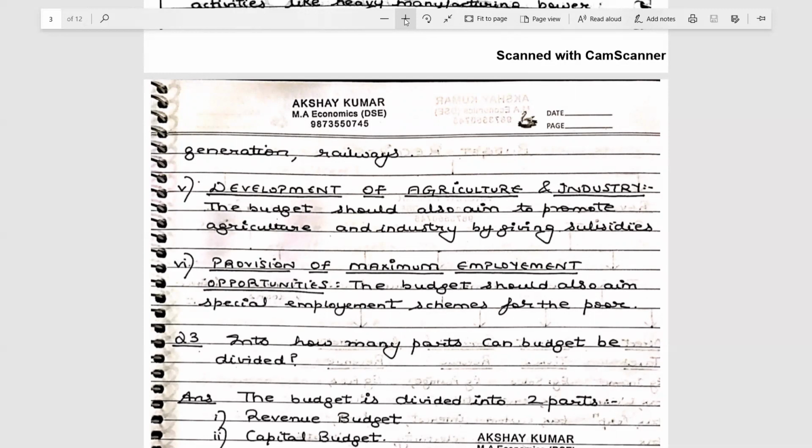All of us know employment is a very critical and important factor in measuring the performance of the economy. जिस इकोनॉमी के अंदर एम्प्लॉयमेंट अपॉर्चुनिटीज ज्यादा अच्छी होंगी, that economy will perform much better. If the youth of the economy are sitting unemployed, obviously that will not cause the economy to develop in the future. So the budget of the government should also aim at creating new jobs, because every year population is also going up. Every year new people are getting added to the workforce. So the budget of the government should